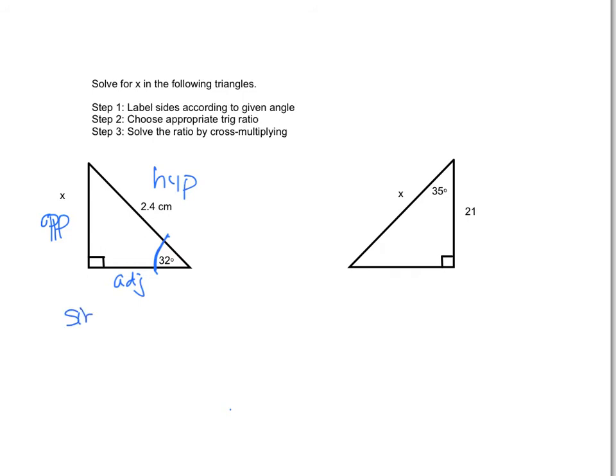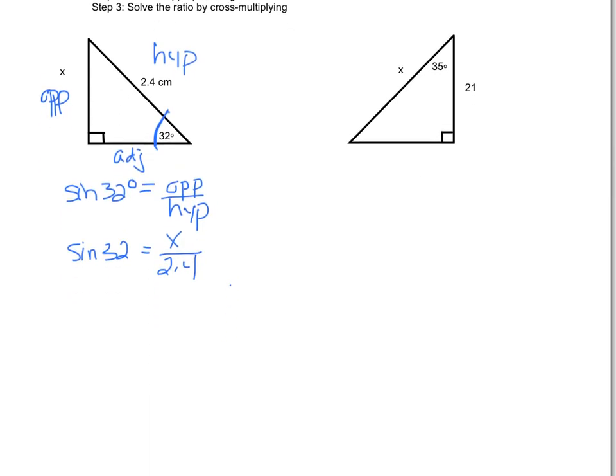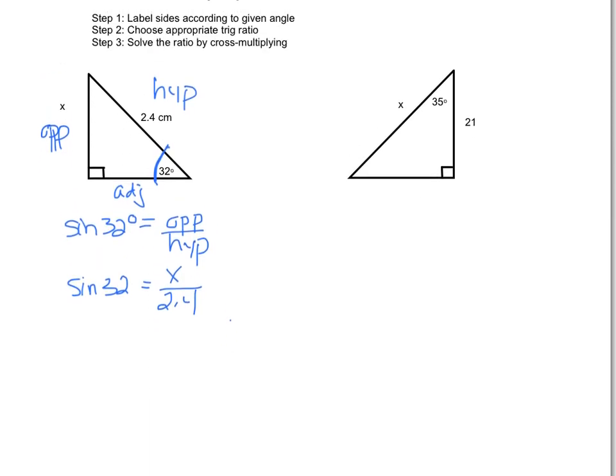So I'm going to be doing sine of my 32 degrees equals opposite over hypotenuse. So I'll put in the values. Sine of 32 equals x over 2.4. Now to solve this, step 3, we have to solve by cross multiplying. Remember, this is like over 1. We're going to do 1 times x, that's going to equal x. And 2.4